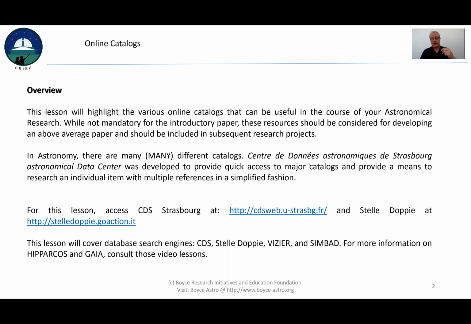Additionally, there's another catalog called Stelladopy at this location, which is essentially a double star catalog. It pulls its information from the WDS, and it takes that data and gives you a means of locating other double stars around it, and also linking into Simbad, which is hosted back at the CDS site. So they're all kind of intertwined together, and we'll talk about some of those right now. The one that we will not cover is the Washington Double Star catalog, as that has its own separate video